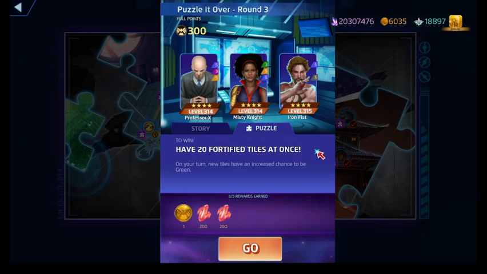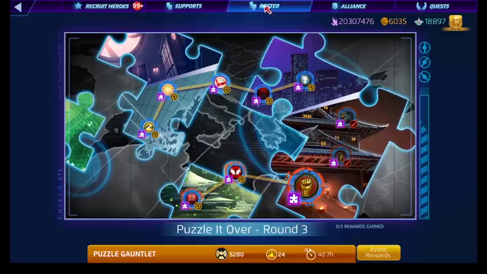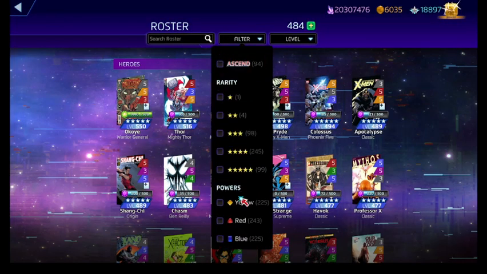Iron Fist we've already talked about twice before, so no need to go into him too much. But Misty, on the other hand, her green ability actually destroys fortified tiles, so that's going to be fun. Her yellow will create attack tiles, I believe. Right? Is that right with Misty? I know